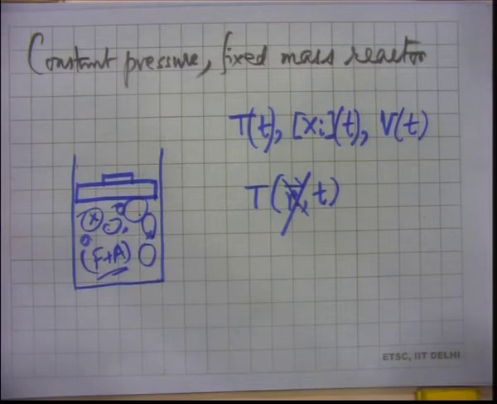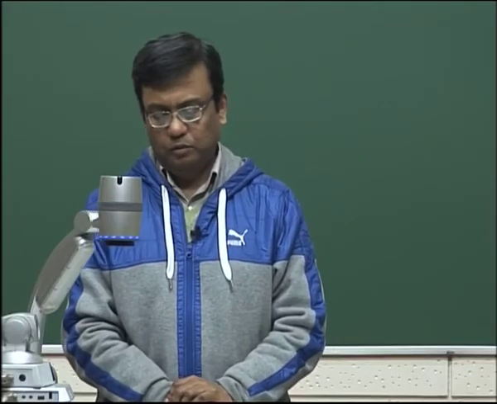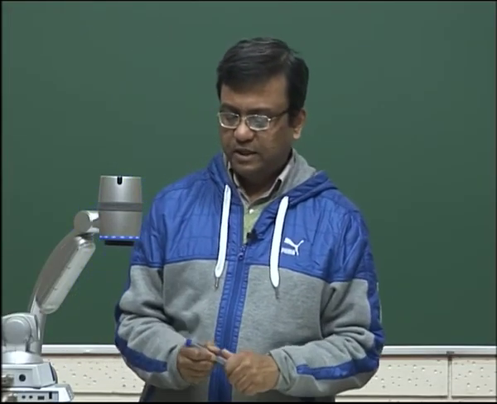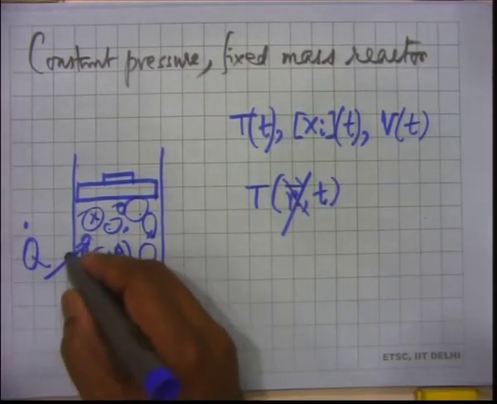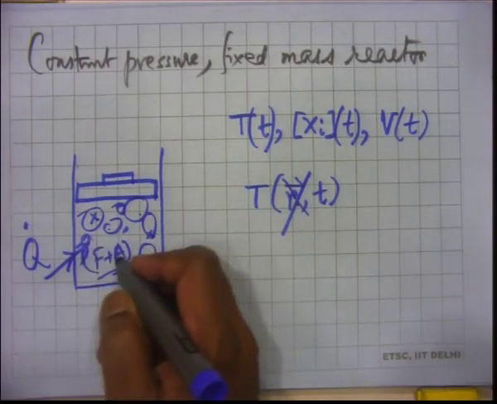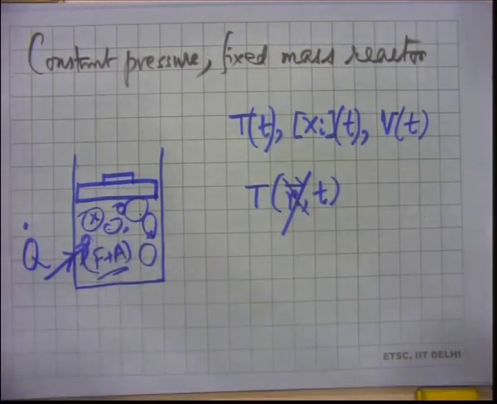Okay, what else is changing? Is there anything else changing? Pressure is not changing. Can I think of anything else that is changing? Have we assumed that the enclosure is insulated or something like that? No, we are not assuming that. So there can be a q dot. I have drawn it with an arrow towards the control volume, but it can be away from the control volume also. Okay, what else is changing? Is there anything else which is changing?